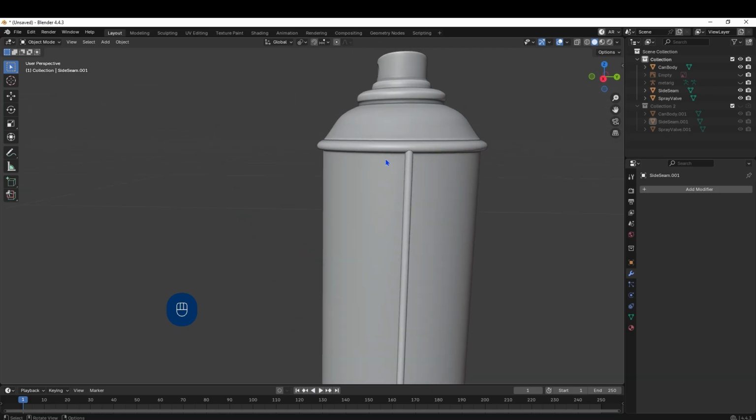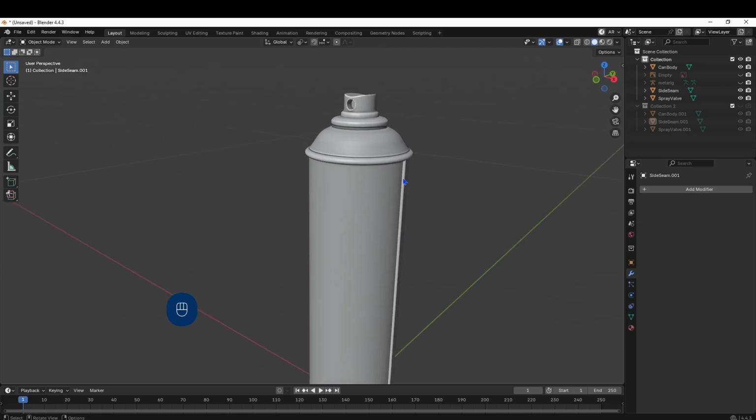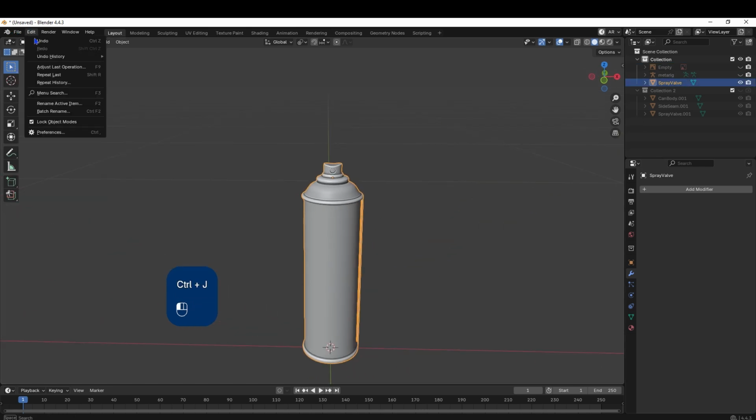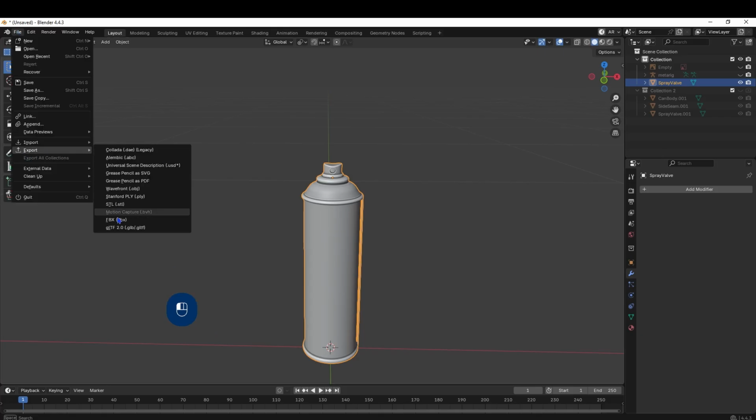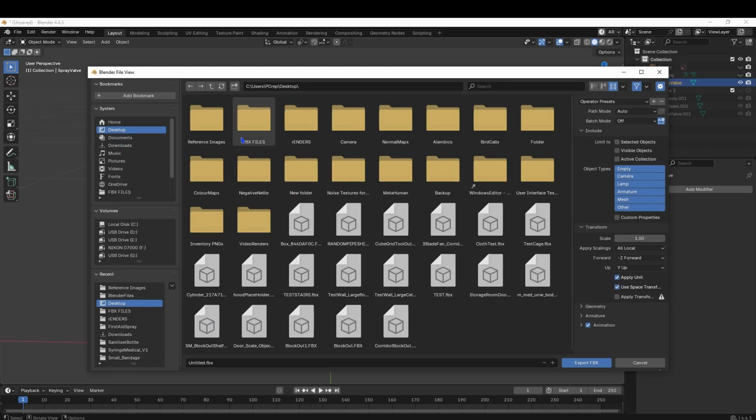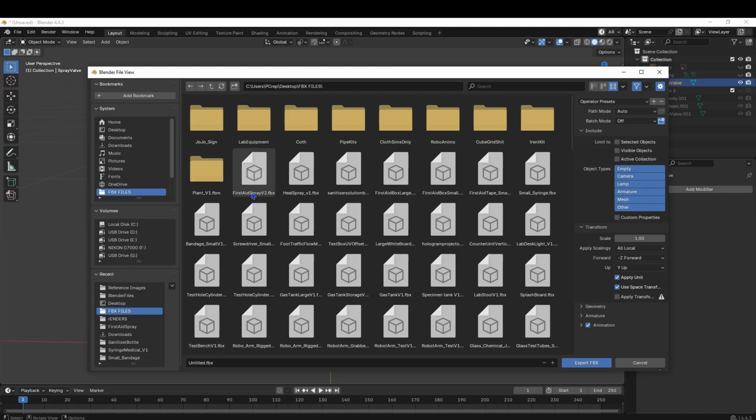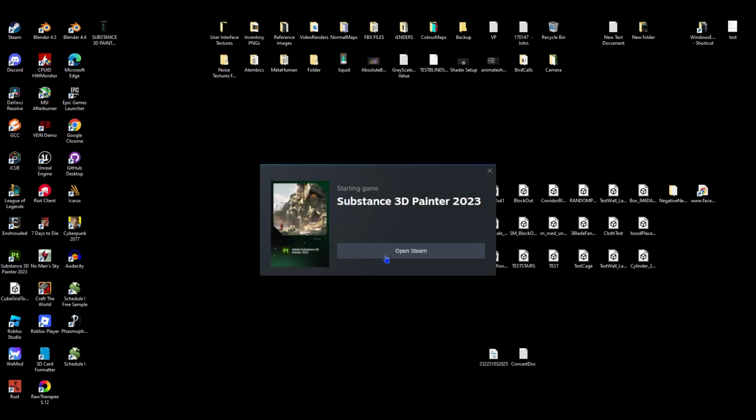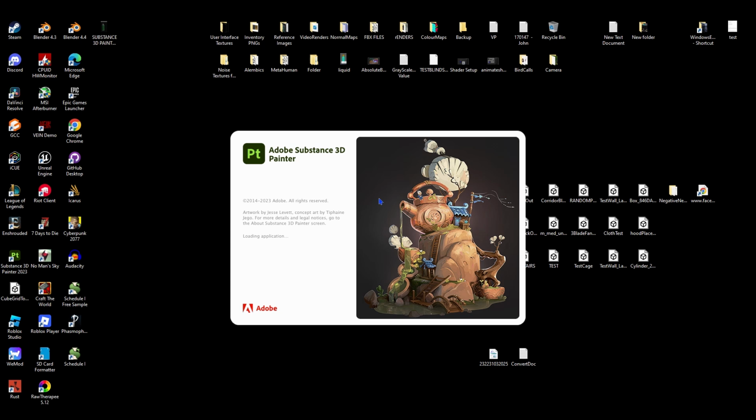So let's join these. So these, and these, Control J. And then what we should be able to do is export this as a mesh, FBX, desktop. I've already got some, so I'm going to go tutorial, spray can, V1, selected, geometry, normal to face, and then export. And then if I go to my desktop, and then we open this up,